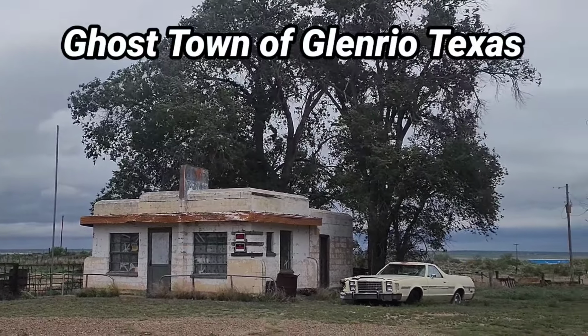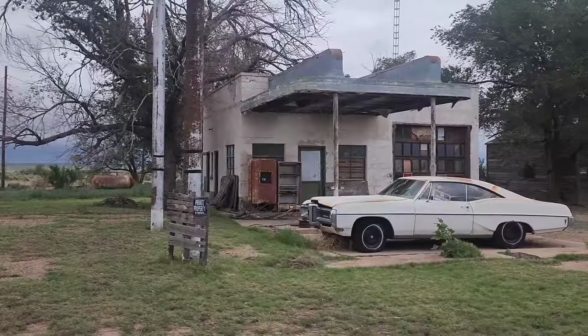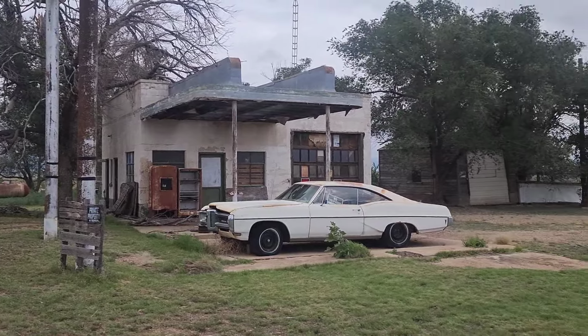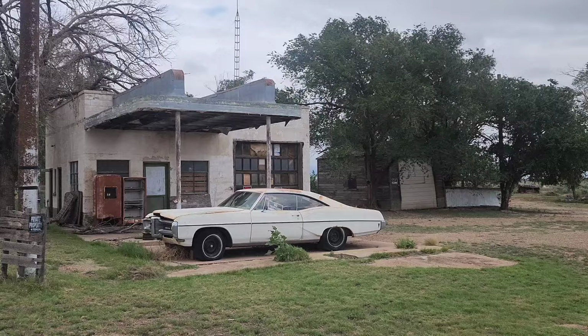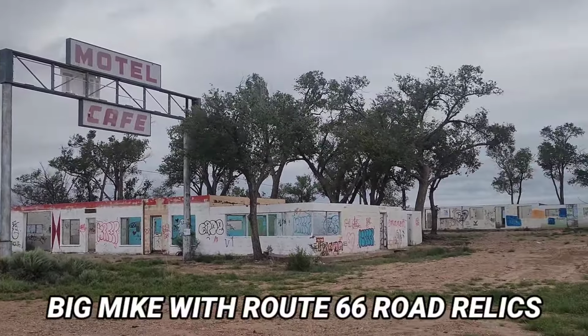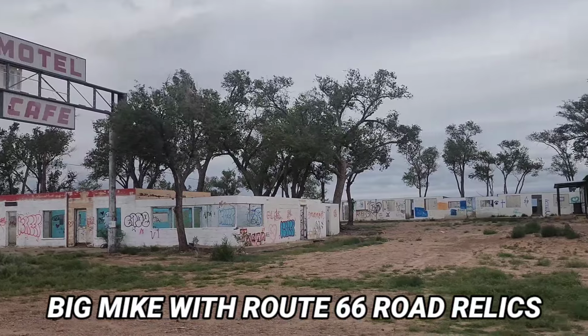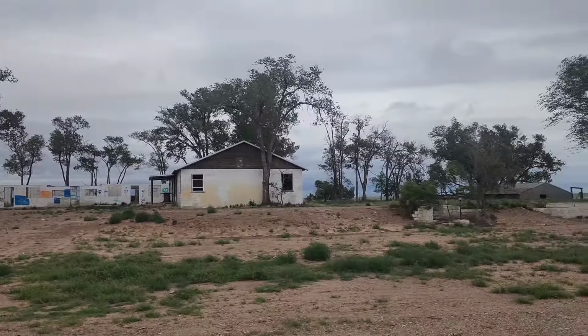And discover the hidden gems of Route 66 in Texas. But it's got a really cool, you can see kind of like the old cafes and garages and some of the old cars in front. This is one of the old motels and cafes. And this is Bigmik with Route 66 Road Relics, taking you on a guide to show you around Texas on